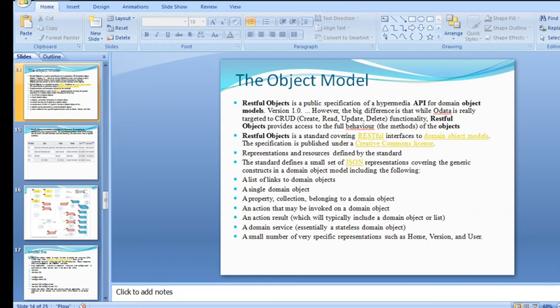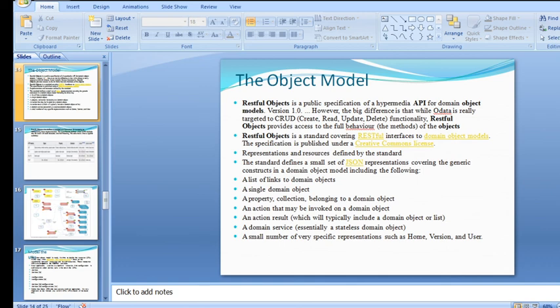The specification is published under the Creative Commons license. Representations and resources are defined by the standard. The standard defines a small set of JSON representations covering the generic constructs in a domain object model, including the following: a list of links to domain objects, a single domain object, a property, collections belonging to a domain object, an action that may be invoked on a domain object, and an action result which would typically include the domain object or list.